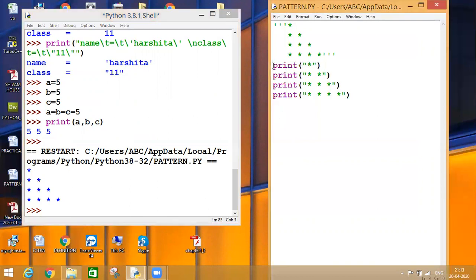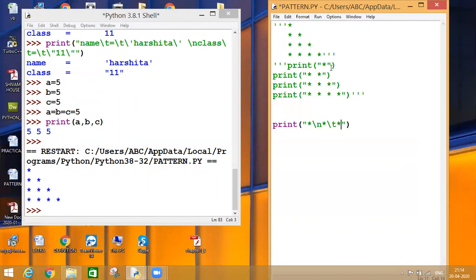Now let's convert it into a single statement. How? Take this, Ctrl C, then Ctrl V, and here, after writing this, I can type what? \n. After my 1 star, my line will get changed. After that, I can type 1 star, give 1 tab space, and type 1 more star.